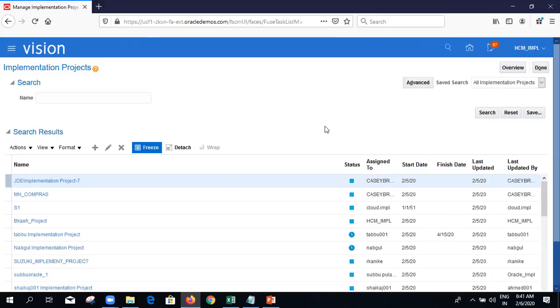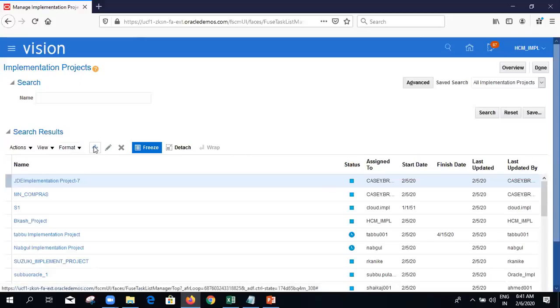Have we completed the configuration of global HR and moved to absence? Or within global HR, how many tasks have we configured? In order to track that status, we can track it here at the implementation project. So ideally, the creation of the implementation project will be done by the project managers in our team.